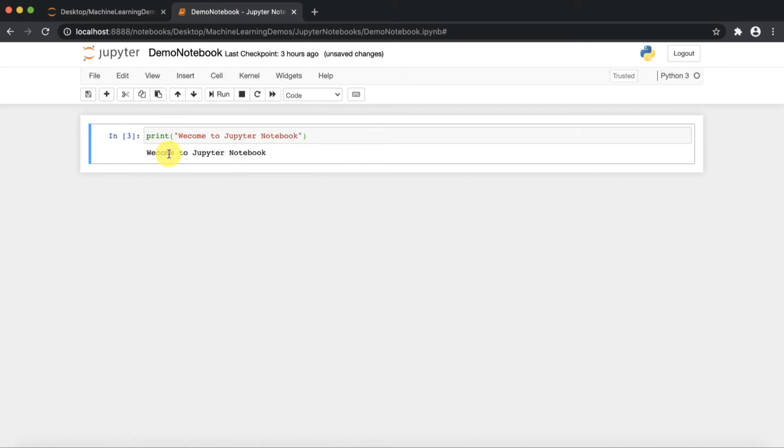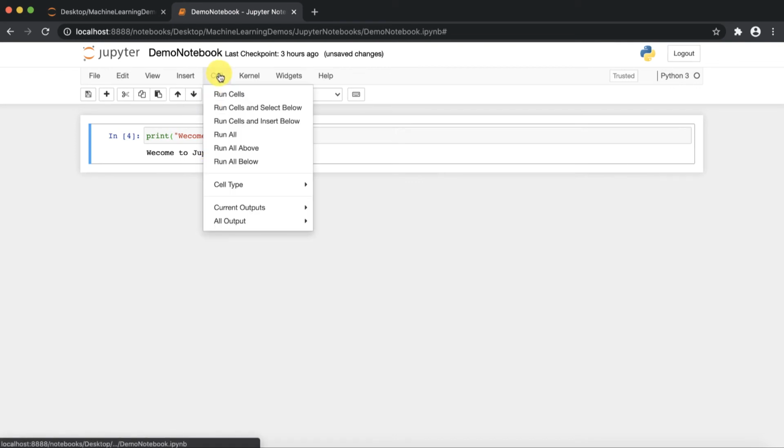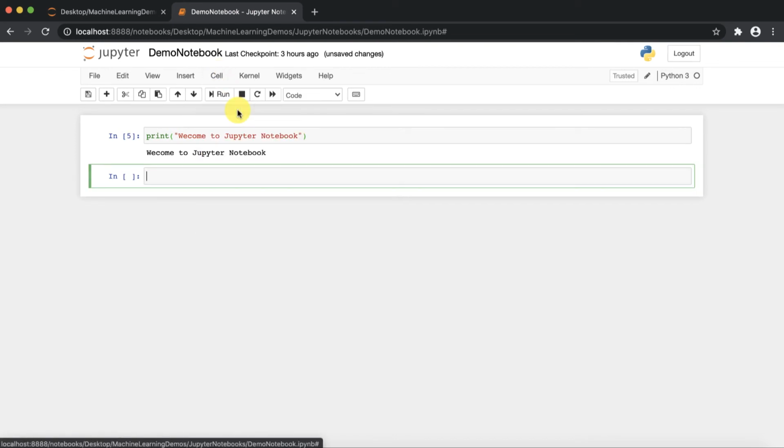Let's try to understand this, right? Again, if I want to display the output, you can see when I click on run cells, it just runs the particular cell and displays the output in that cell.